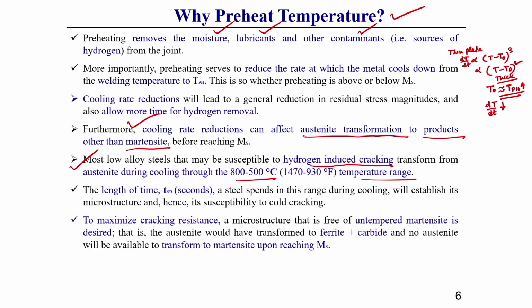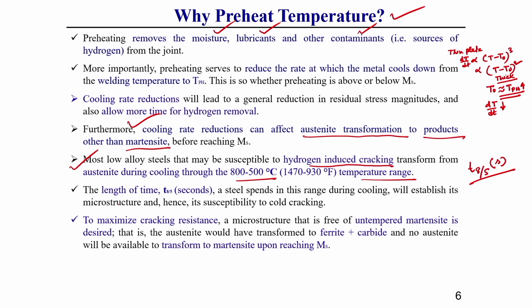That is why in the case of welding, the length of this time is represented by tau or T 8 by 5. T 8 by 5 means how much time in seconds is required to go from 800 to 500 degree centigrade, which generally affects the final microstructure of your weld zone. This you should keep in mind. Not only the weld zone, especially the heat affected zone, because the microstructure of the heat affected zone changes drastically within this temperature range. Okay.